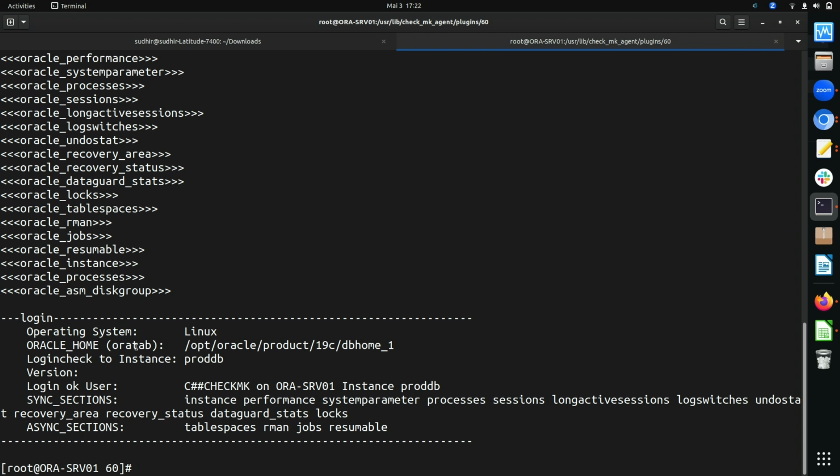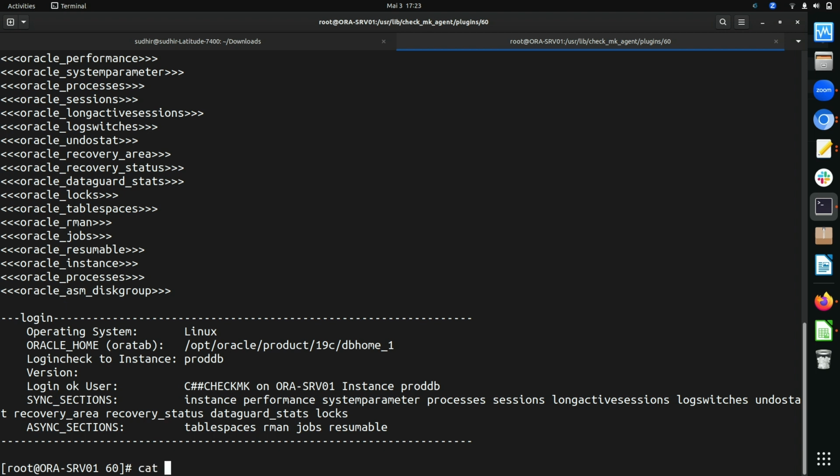Oracle_home, that was detected from the oratab. What is the login check to this instance? The version, the user information, sync sections, and the async sections. So when I talked about those sections that we can select synchronously and asynchronously, I was talking about this configuration.